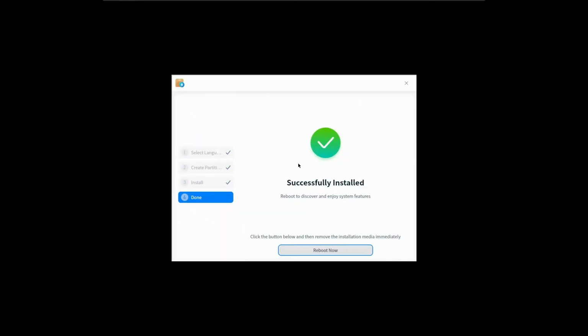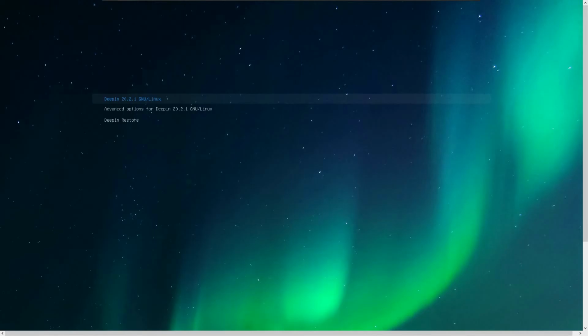And here we can see that now our OS is installed successfully, and it is asking us to start our system again. So I will click on the reboot now button, and the VM has started again, and here we have to select the first option.